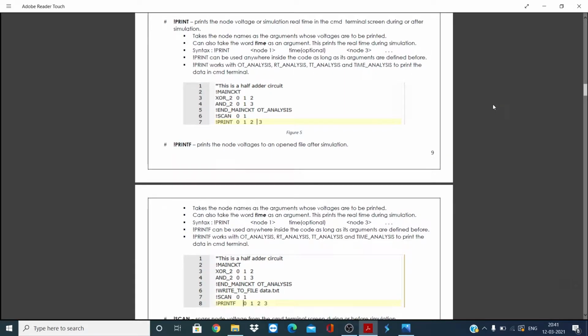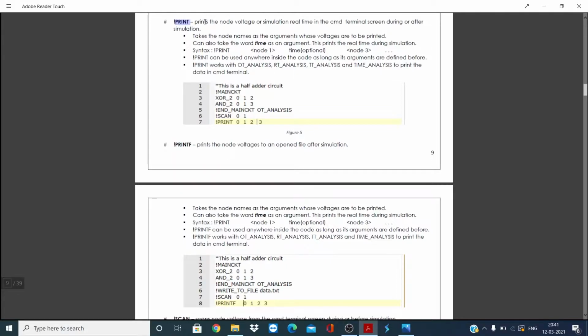In this video, I'm going to speak about some of the commands which are provided by Zebra, namely print, plot and fix voltage. So as we know that all commands in Zebra start with this exclamation character, which is the command character. What does exclamation print or print command mean?